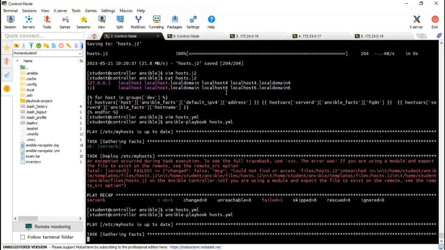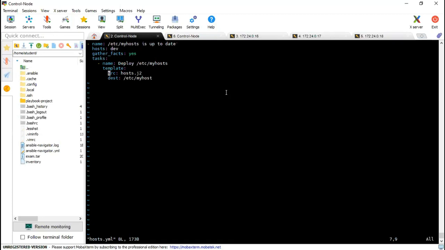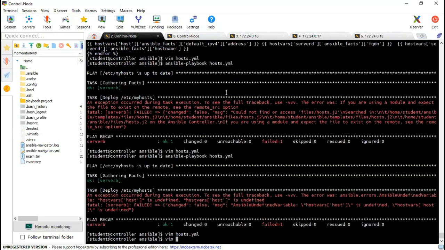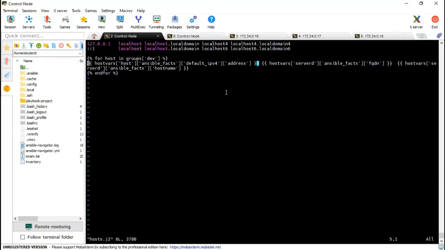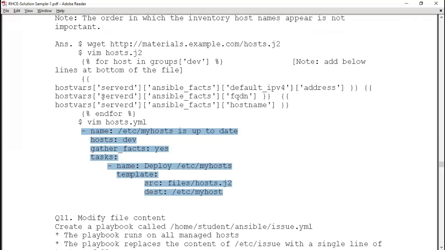So gathering the facts for server, we know still host where host. host.j2, star for host. Okay, I need to put server B. Just a minute, what is written there?